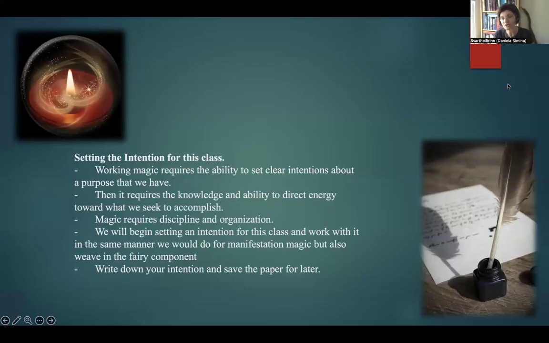What is your intention for this class? Like, what drove you here? What are your intentions surrounding fairies and fairy partnerships in general? I'm just making up things. I don't want to influence your thoughts, but it can be something along the lines of, I want to learn more about fairy and dealing with fairy in general, or I'm fascinated, I seek to connect with the realm of fairy. I want to have a fairy guide. I want to enter a partnership with fairy guides and grow from there, learn from there.